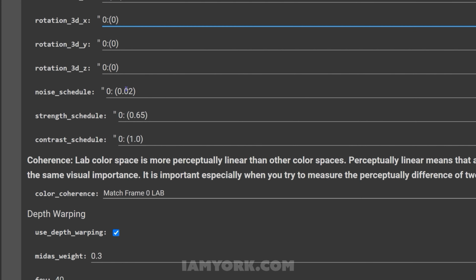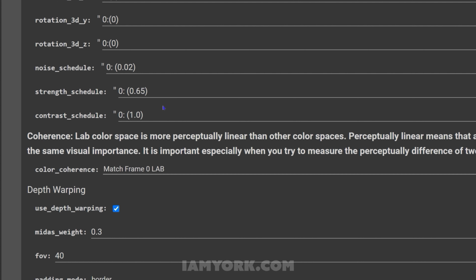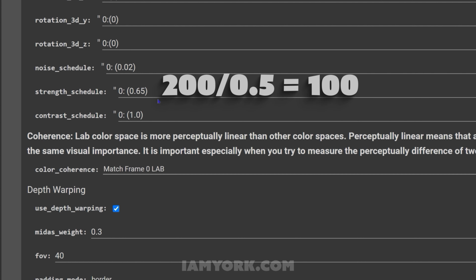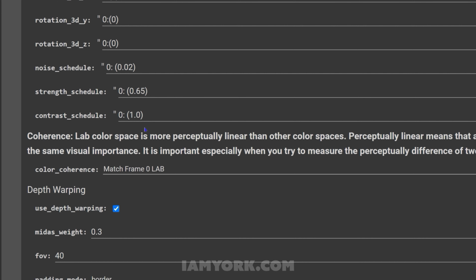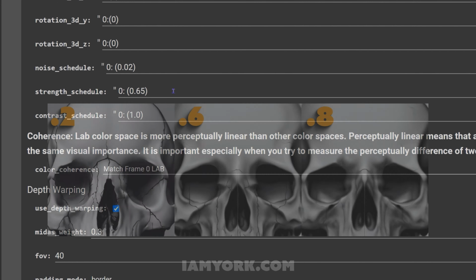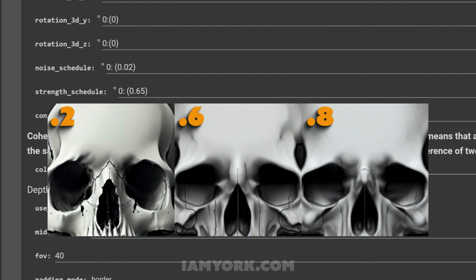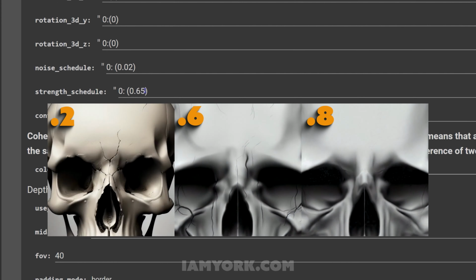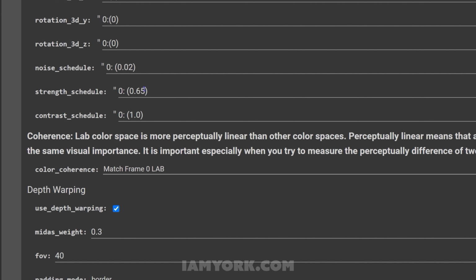Now the strength schedule, in animation, this will divide your steps. So say you're doing 200 steps and your strength schedule is 0.5, it'll divide the steps accordingly. After the first frame, you'll get all your steps, and then it'll divide the steps depending on what you pick. The higher you go, the closer the frames will match, and the lower, the more they unmatch. I personally like to keep it between 0.4 and 0.6,